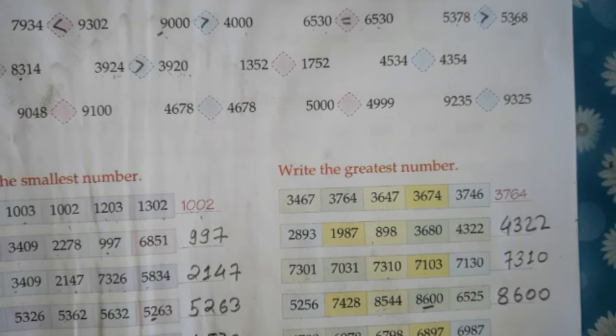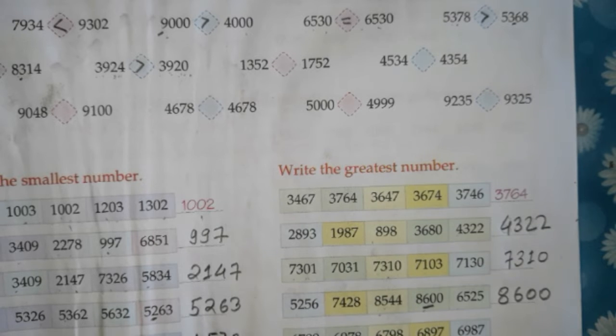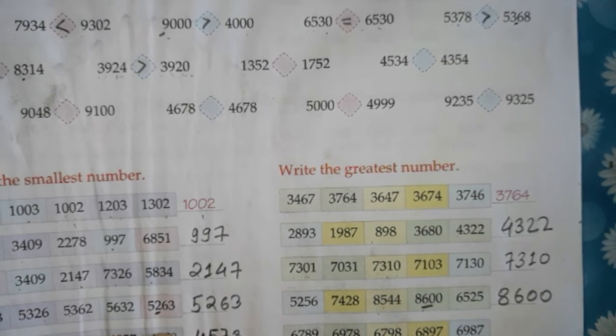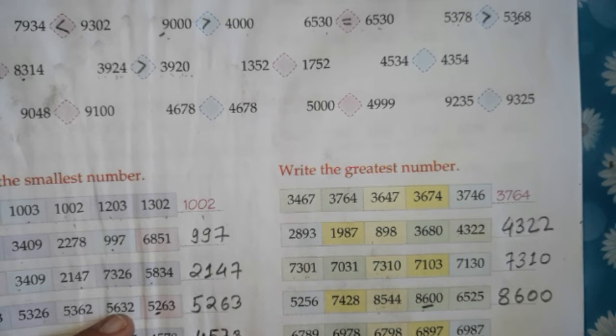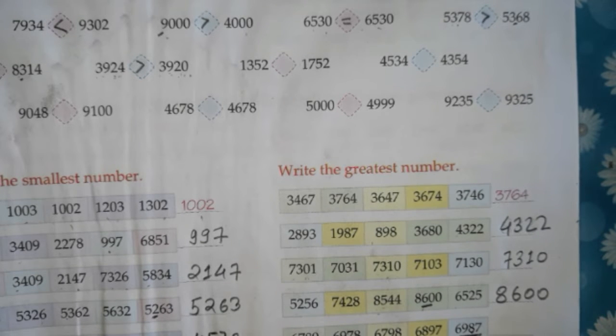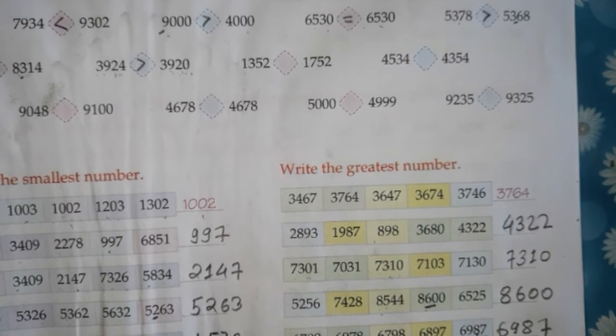Here again we'll go for the first digit in each number. 6 is the same in each number. Then we'll go for the next digit. 7, it is 7 here, it is 9 here, 7, 8 and 9. In these two numbers 9 is the second digit which is greatest, so we'll go for the next digit. 7, it is 7 here and it is 8 here, so the greatest number is 8 in these two numbers. So the greatest number in the series is 6987.